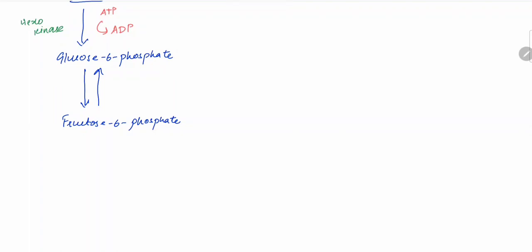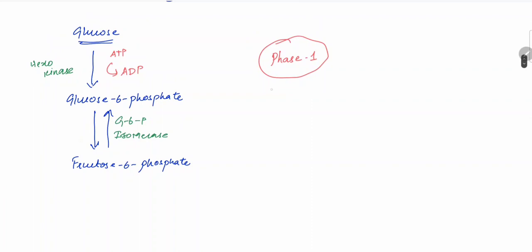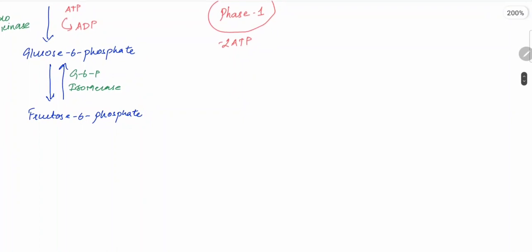In the presence of an enzyme called glucose 6-phosphate isomerase. So this is phase 1, where ATP is used up to form ADP, and this fructose 6-phosphate is converted into fructose 1,6 bisphosphate,